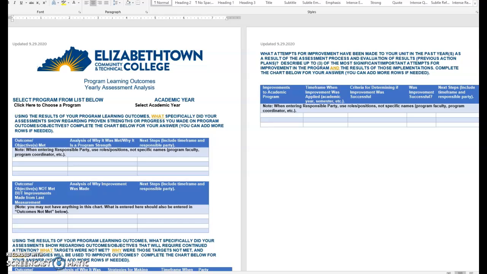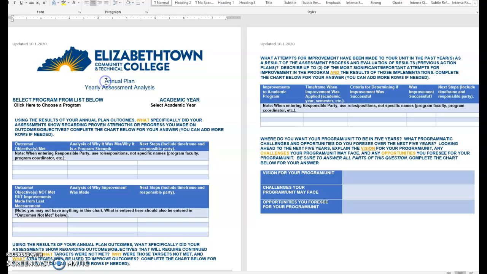In this next video, we'll go over how to complete the Program Learning Outcomes Yearly Assessment Analysis and the Annual Plan Yearly Assessment Analysis. These two forms will look identical with the exception of the title up at the top, where you see Program Learning Outcomes or Annual Plan. The only other main difference is that the Annual Plan document has an extra question which asks